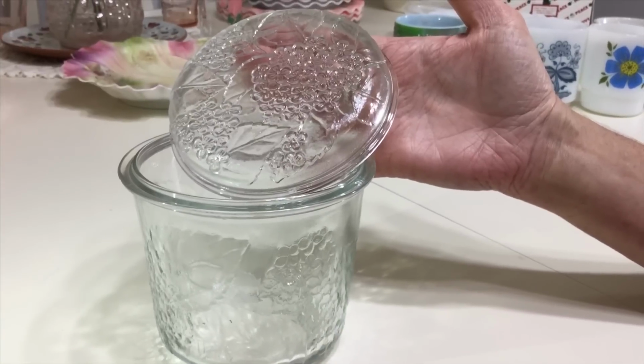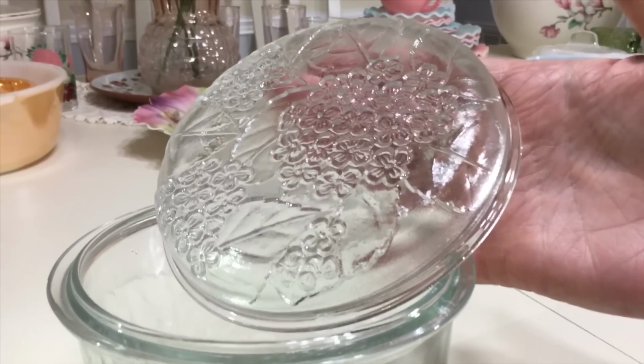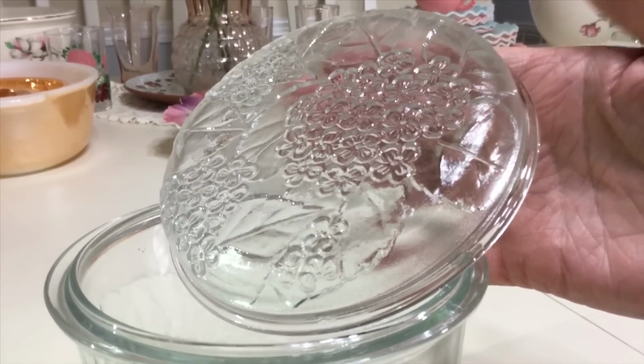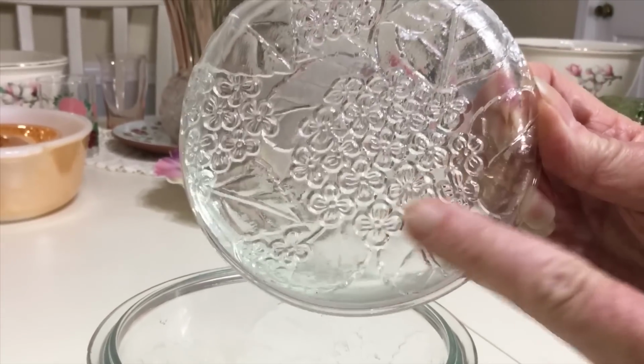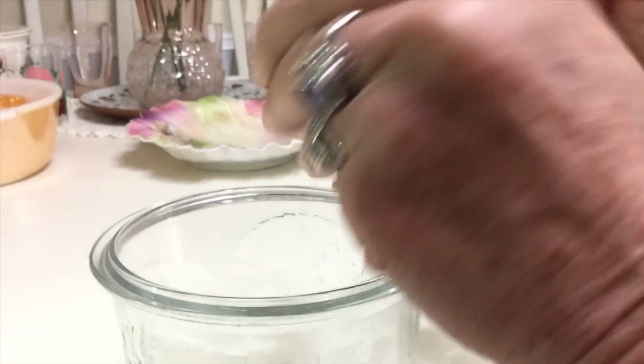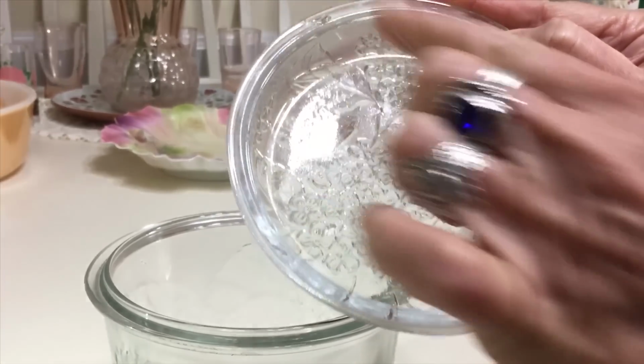This is a KIG floral design canister. I picked it up at the Goodwill for $3.99, which I thought was kind of a lot, but I've never seen one before. You can see how pretty it is. The embossed part is on the outside. It has, I'll mention it right now, just a tiny little smoothed over chip on the